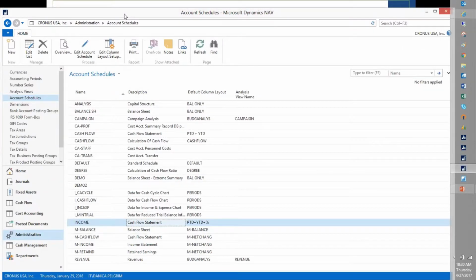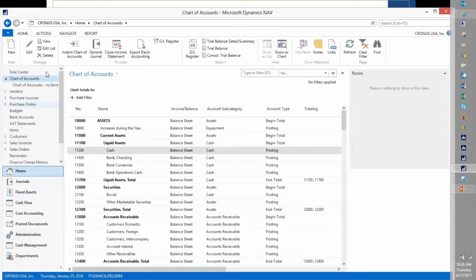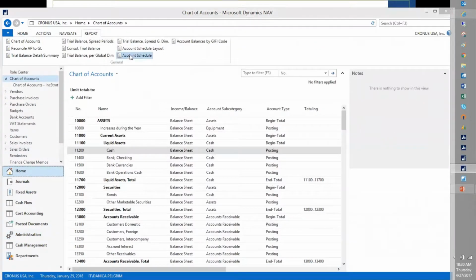Okay, so that's your column layout and row layout and a snapshot. One other thing that I do want to show real quick while I'm here. Let's go home, and I'm going to go to chart of accounts, and I just want to show that